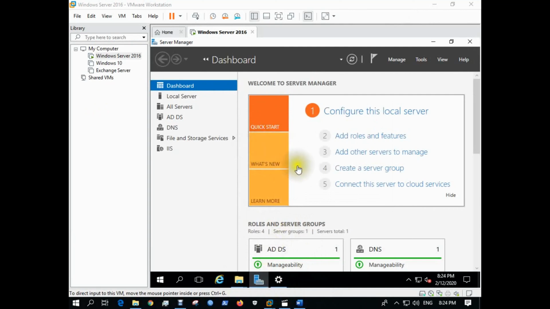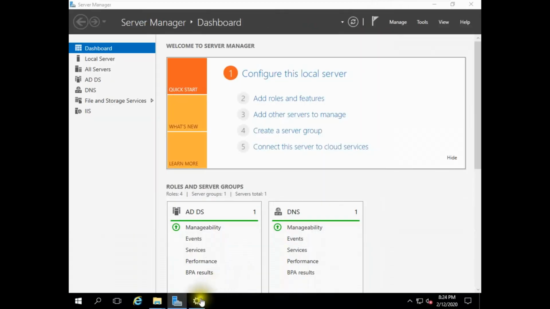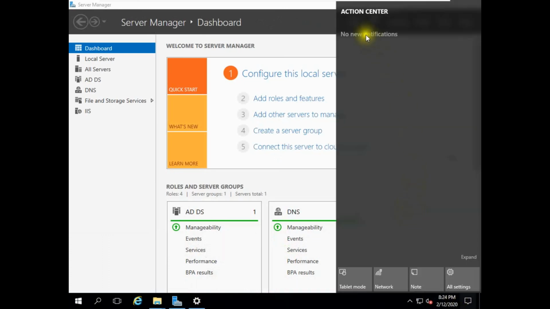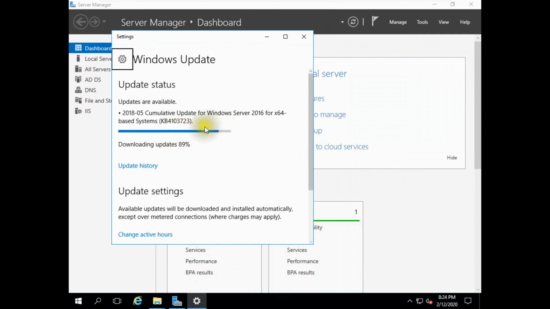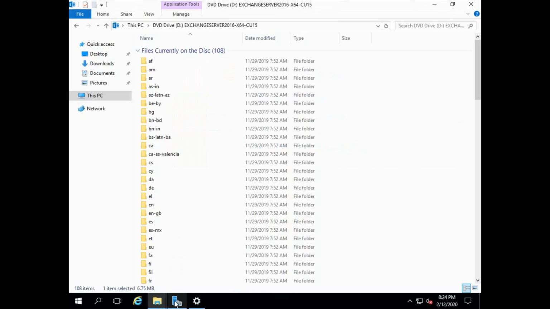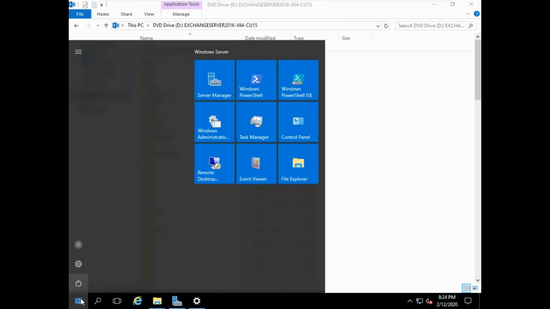It may need a restart. So we can restart the server. The update is downloading, but we will restart the server.